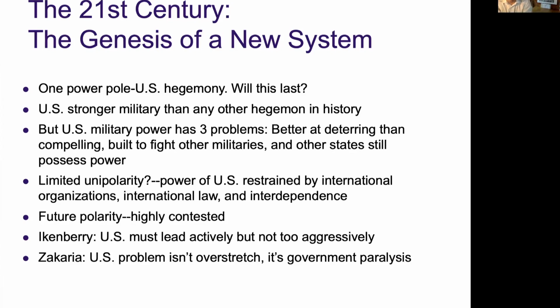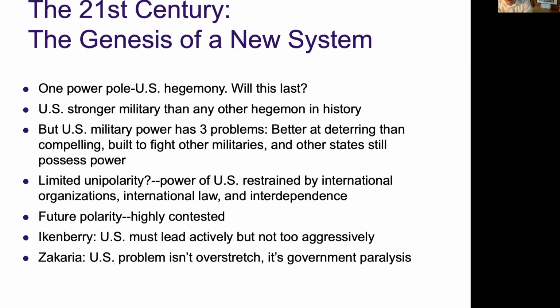Another scholar, Zakaria, is actually seeing the situation quite differently. He is saying that the US has a problem which is called overstretch. What does he mean by that? Well, basically, that the United States has interests in so many parts of the world, in so many different situations, that it is not capable of fulfilling all these desires,